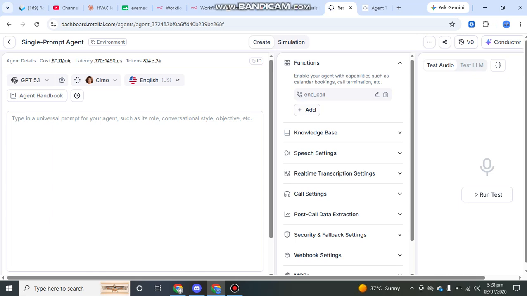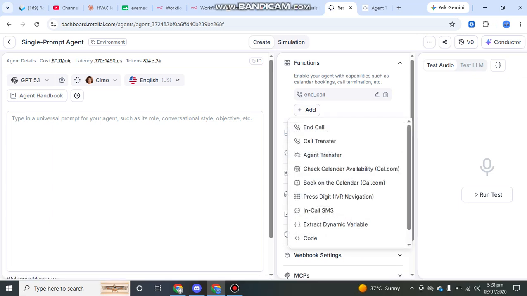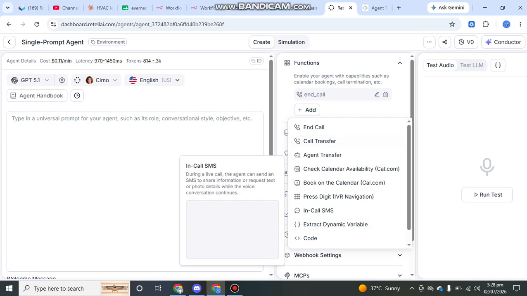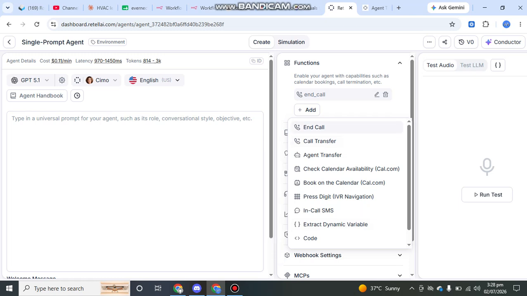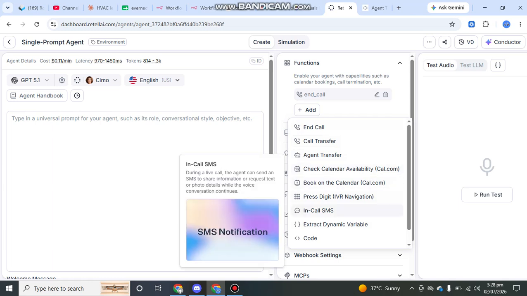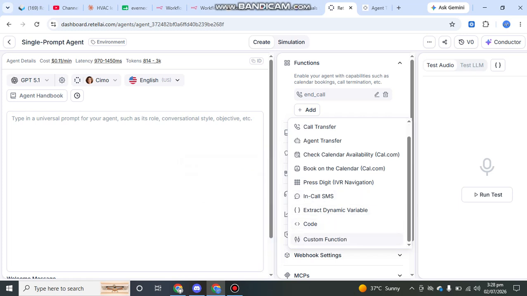So let's say you go to the add section, you can see we have some built-in functions. Built-in function means that it'll give you this function, so you don't have to create one. So let's say the end call, the call transfer. The agent can also transfer the call, and there is check calendar availability. That means once you connect the calendar, you can check the available slots and book appointments, and there is call SMS, so you can SMS, and there is the custom function